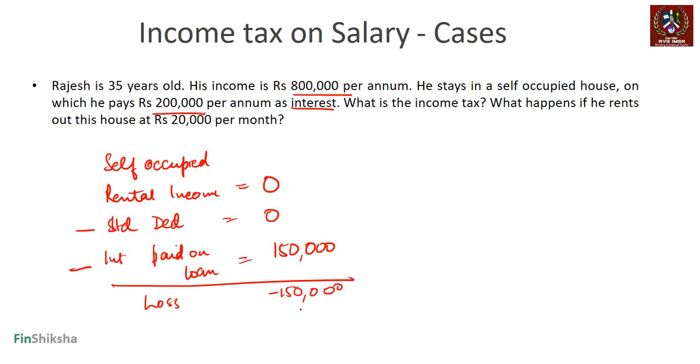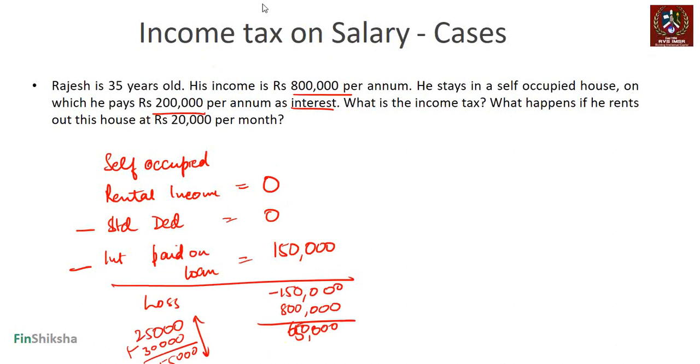Add this to your overall income. So that's 8 lakhs. What is left is 6.5 lakhs of income. Now 6.5 lakhs: up to 2.5 lakhs is 0. 2.5 to 5 is 25,000, and 25,000 plus 20% of the remaining 1.5 lakhs, that's 30,000. So the total tax incidence is going to be 55,000 for this person. That's the income tax plus obviously the cess that will come in.